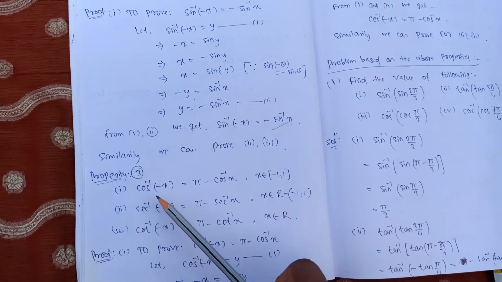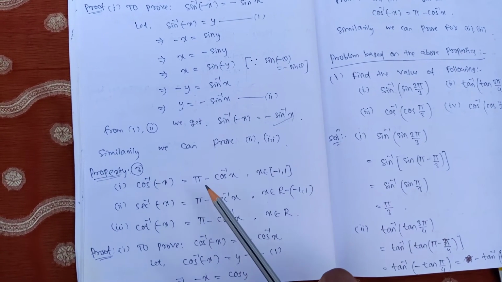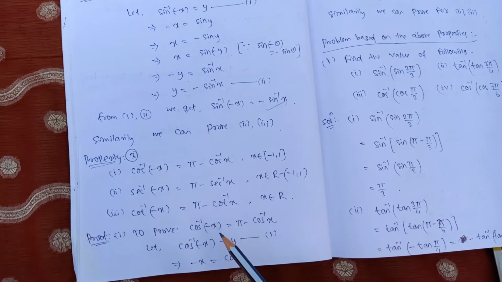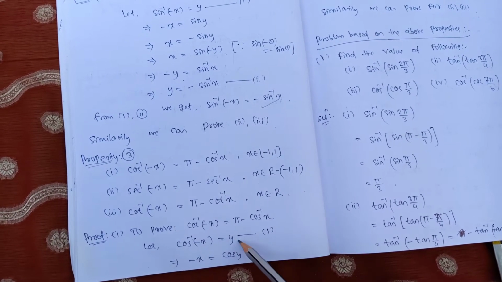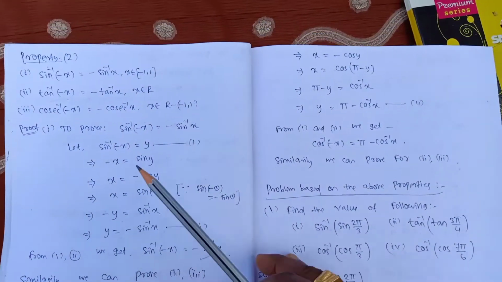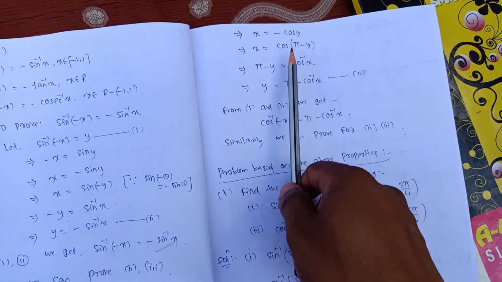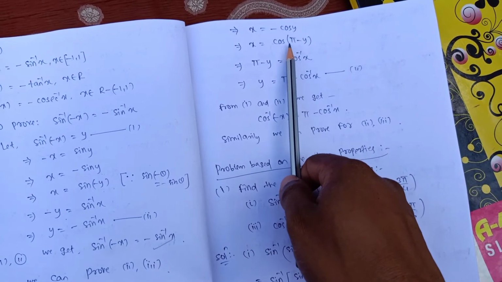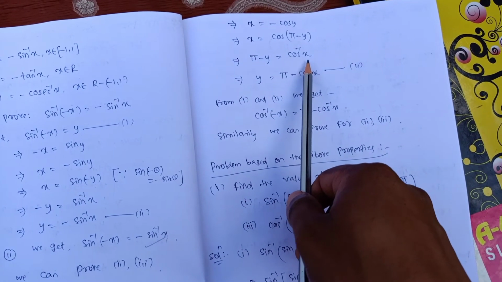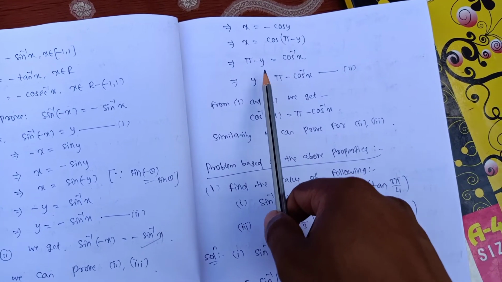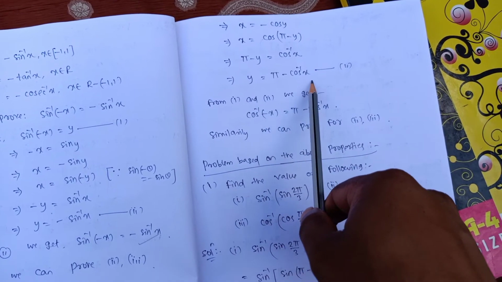Okay. Here it is cos inverse of minus x, it is pi minus cos inverse x. How to prove it? You consider this as y, same procedure. What do we get? Minus x is equal to, you bring cos inverse this side, it will be cos y. Okay. Now we get x is equal to minus cos y. That minus cos y is nothing but cos of 180 minus y. Now you bring this cos to this side, what do we get? We get pi minus y is equal to cos inverse of x. And finally what do we get? You bring y that side and cos inverse this side. We get y is equal to pi minus cos inverse x.